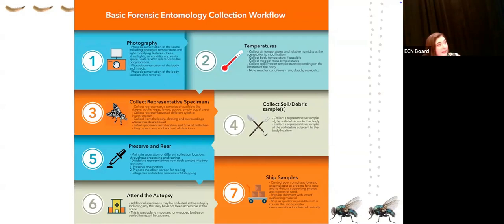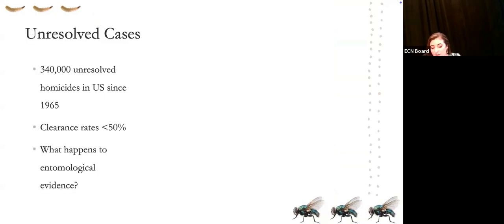But what I see is that we have this incredible number of unresolved cases in the US. And just a couple of statistics, we have 340,000 unresolved homicide cases just in the US. And what we see with law enforcement is that we're now dropping below a 50% clearance rate on those cases. My question is, what happens to the entomological evidence for these cases that are unresolved? Evidence that might have been collected, and maybe we're in that waiting period between when a forensic entomologist might have collected, might have examined, maybe they wrote a case report, and nothing's happened with this case